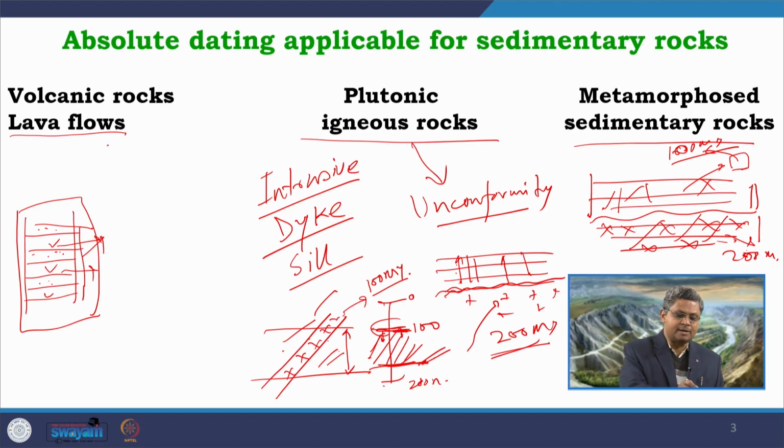So, these are some kind of indirect tools which we can apply for determination of the absolute age of sedimentary successions. But definitely for sedimentary rocks, particularly for the clastic sedimentary rocks, we are handicapped, our hands are a little bit bound, because there we cannot apply this radiometric age dating method directly for the sedimentary rock layers. So, let us take a few examples over here.